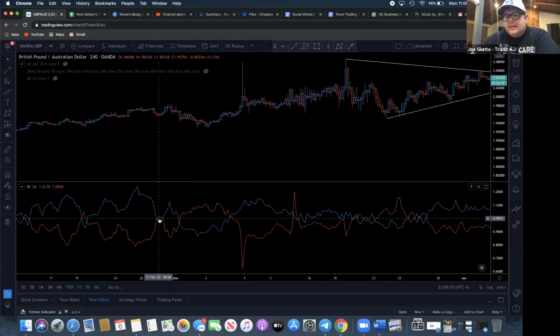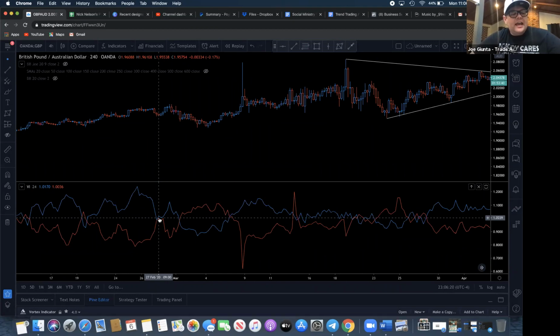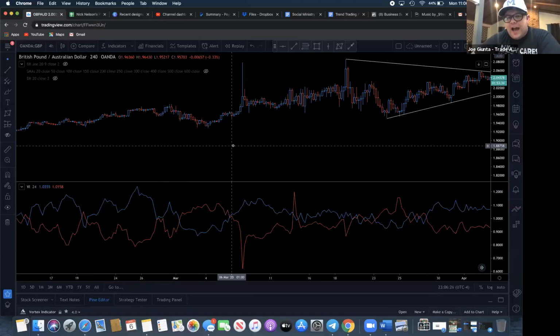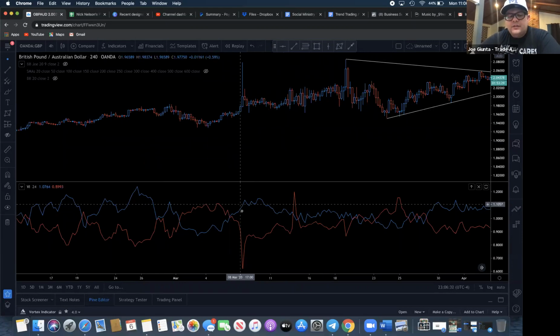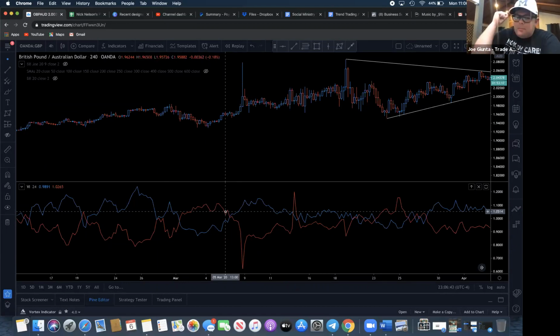The Vortex is not only the ATR, but it's also a directional indicator. So what it basically does is it takes the ATR numbers and splits them between positive and negative averages, all right? So it's basically taking the average true range numbers and adding directional value to it. And so when you see the blue line, which is your positive average, and your red line, which is your negative average, now you have something that is absolutely powerful.